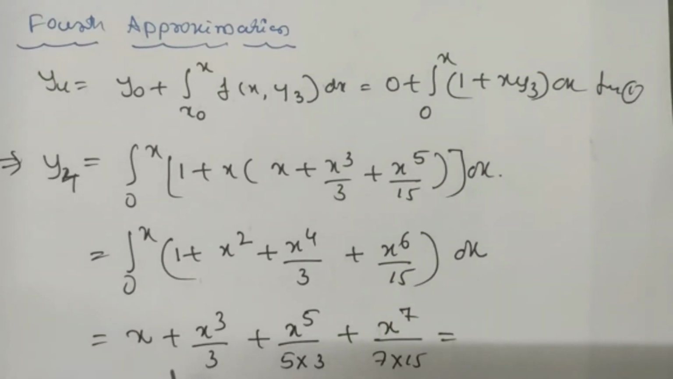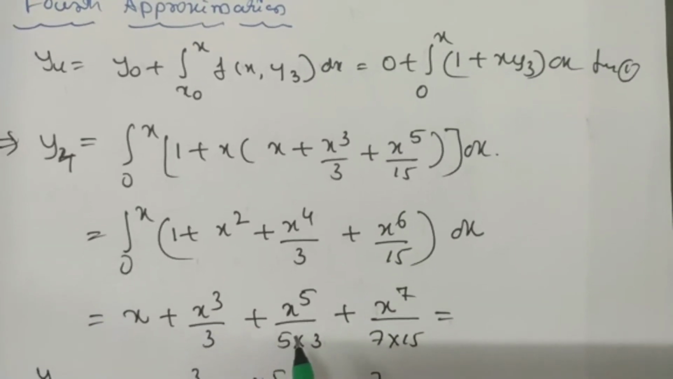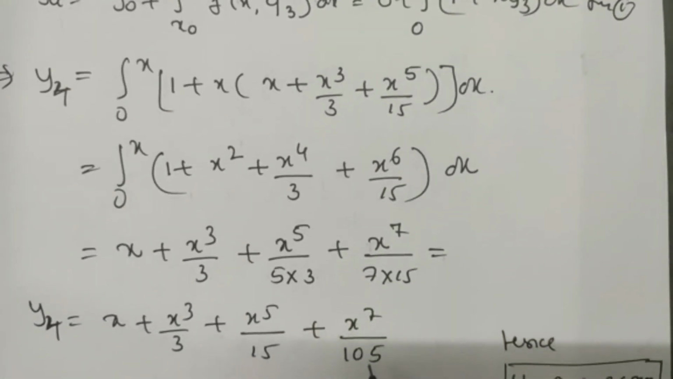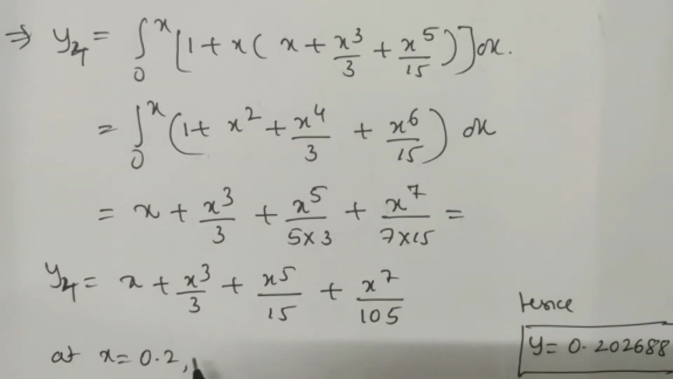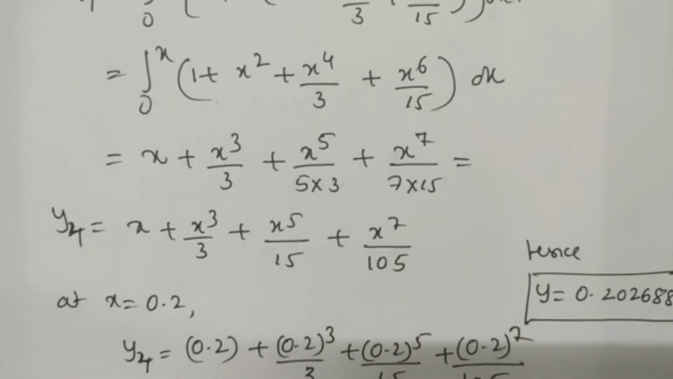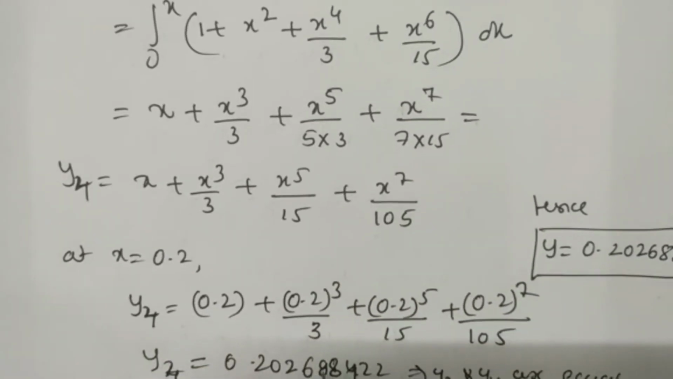Integration of this one is x plus x cube by 3, x raised to 5 by 15, x to the power of 7 divided by 7 into 15, which is 105. Now in this, put x equals 0.2 and simplify. After simplification you will get this value as y3 is equal to